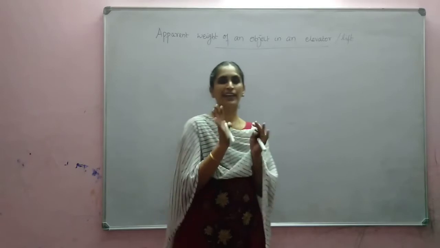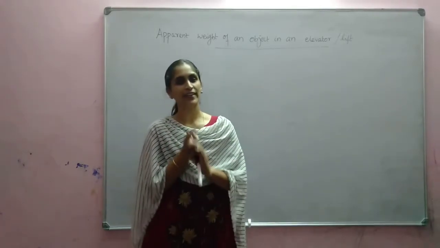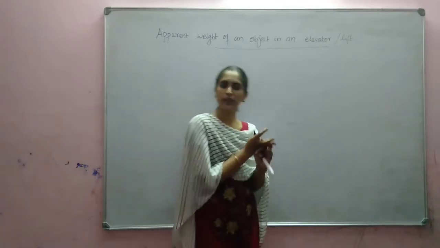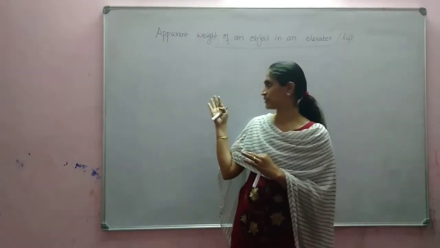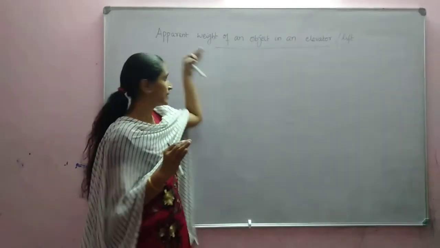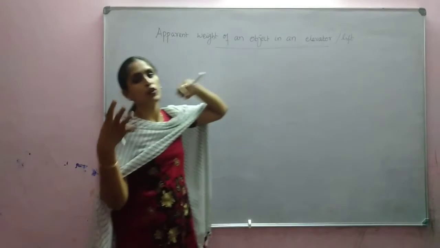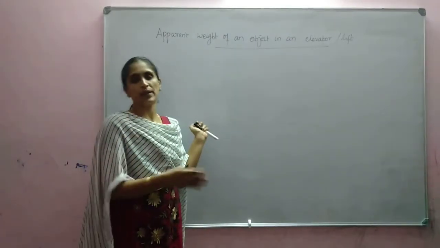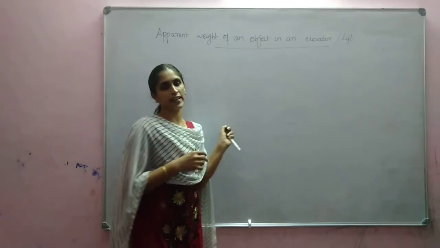Okay, normal reaction will be equal to the apparent weight of an object in an elevator. That is very important. Normal reaction will be the apparent weight. In normal cases, normal reaction and weight will be equal. That's why we discussed R is equal to W. But if that person or object is in an elevator or lift, what happens? Normal reaction will be the apparent weight. It may not be equal to the actual weight. So different cases we can consider.